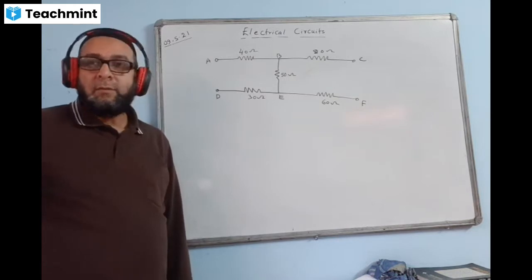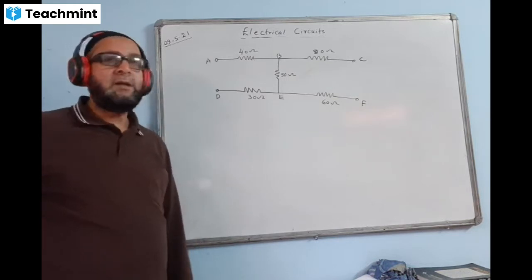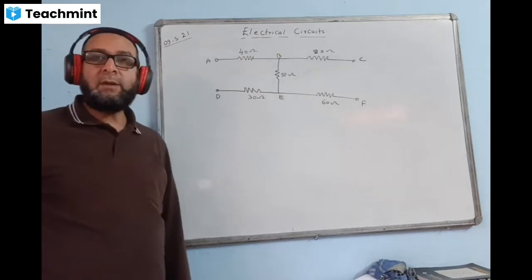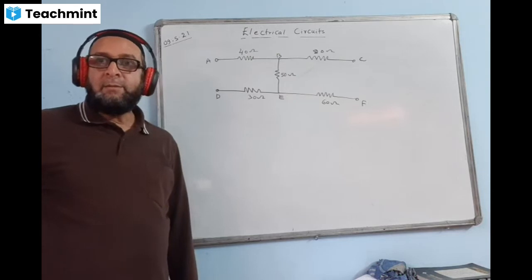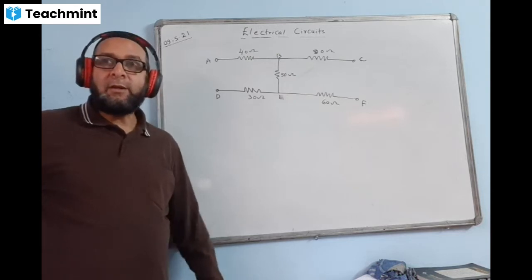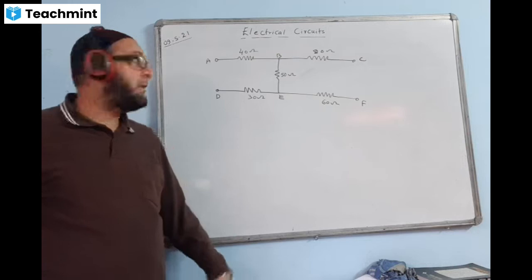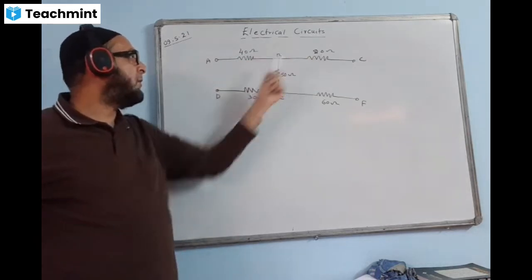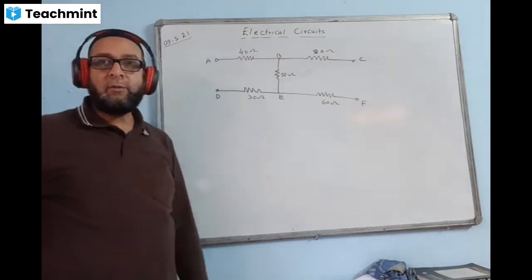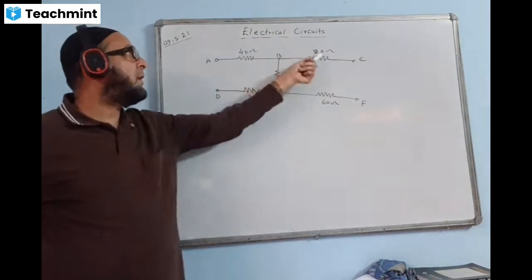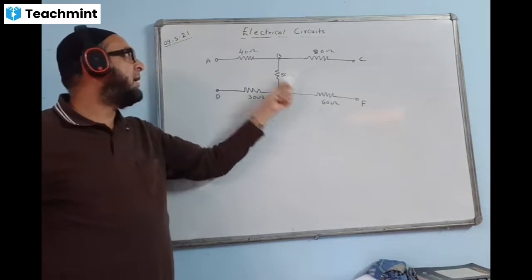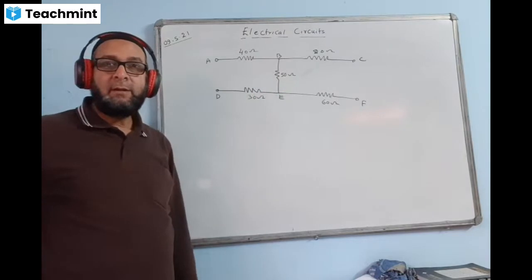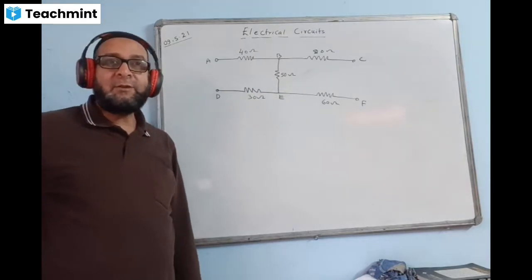So how to do this? This is a question of year 2016 or 17. It was a multiple choice question. Most of the students made a mistake that particular year. They thought this is a Wheatstone bridge. They checked the ratio this way: P by Q, R by S, 40 by 80, 1 by 2, 30 by 60, also 1 by 2. So they took these two in series, these two in series, and neglected the 50, and then did them in parallel, like the normal method. But this question is not a Wheatstone bridge.